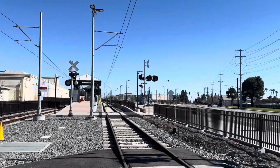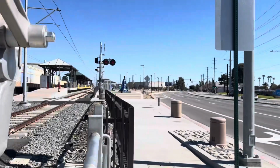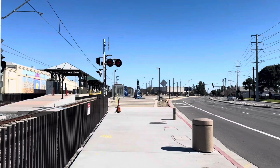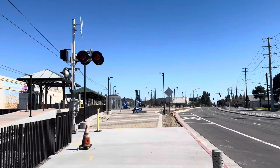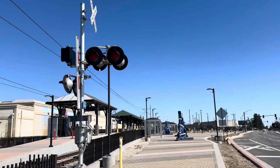You can also see there that the railings are also not in the station just yet, as you saw in the previous ones. But the most notable difference compared to the last video I uploaded on this is that all of the tiling is completed here. Before, this was just a dirt pile and there wasn't much happening, but now we can walk all the way through to take a closer look at the station and the parking lot that's going to be on the other